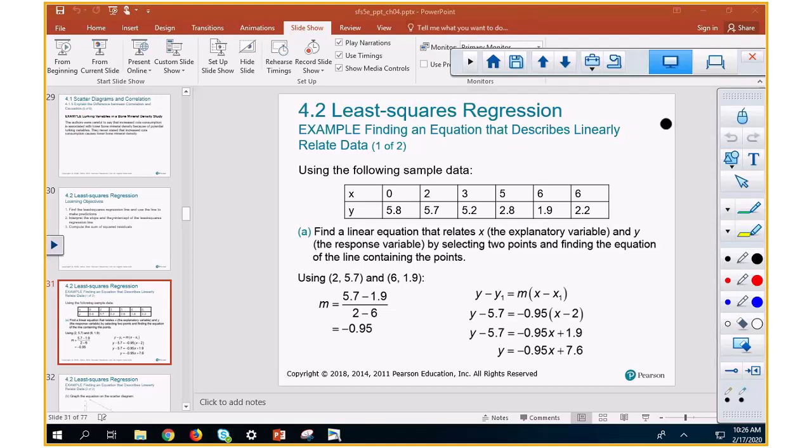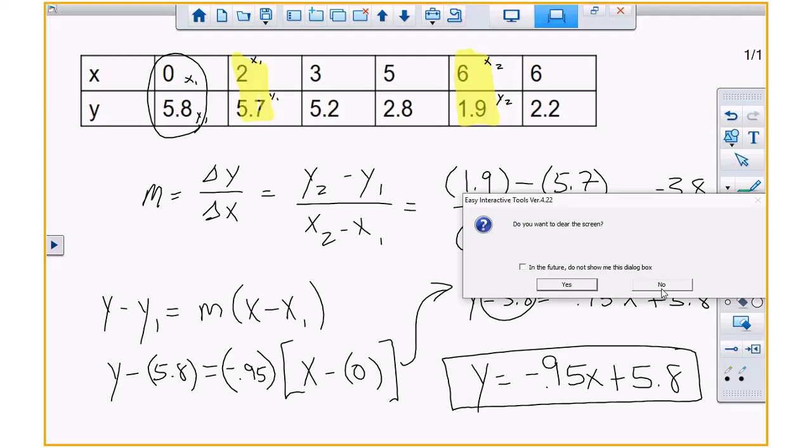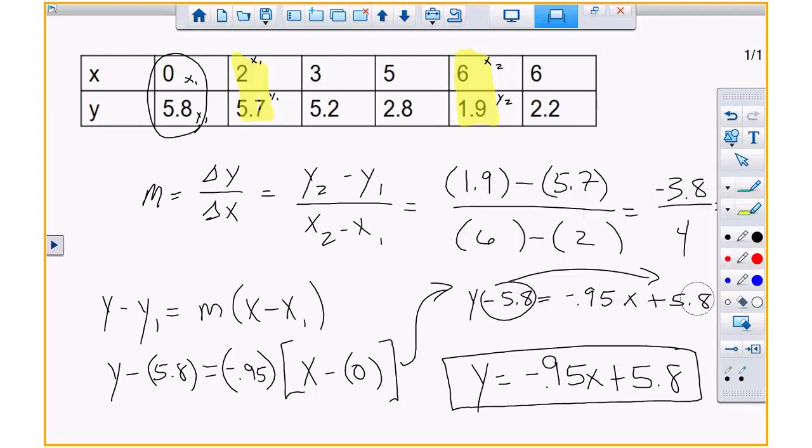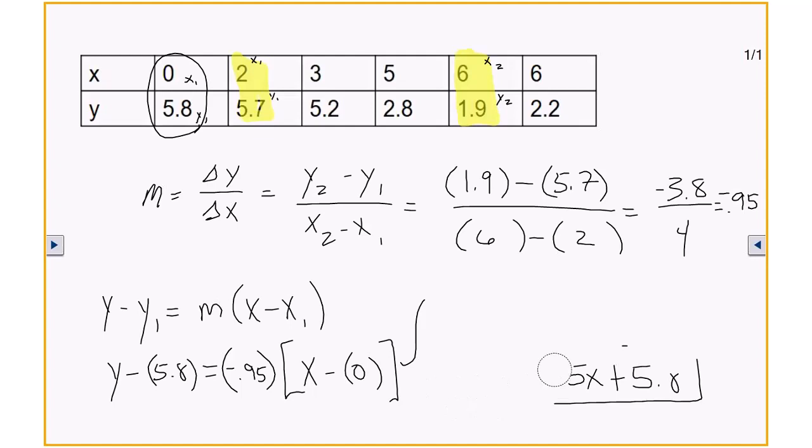Okay, I'm sorry. I'm thinking this is a straight line. It's not a straight line. Okay, you have to pick one of the points. You were right, because it's not a straight line. I forgot that. Okay, so they picked 5.7 and 2. So we'll pick those points. Forgive me for messing up. So let me delete this. Let me delete all of this. And we will pick 5.7 and 2 because it is not a straight line.